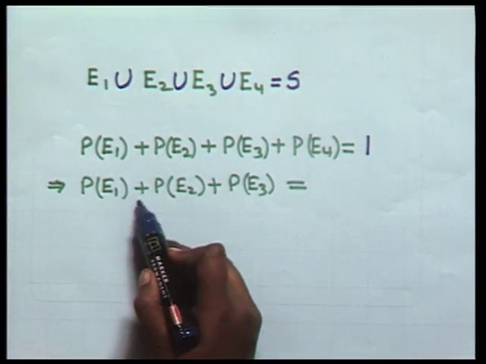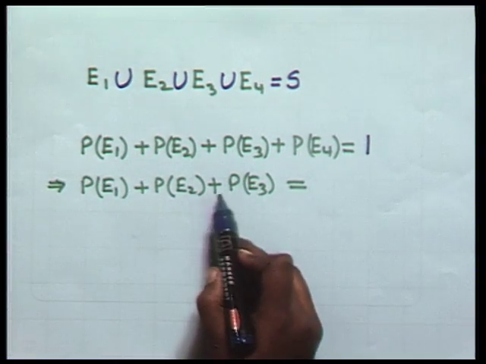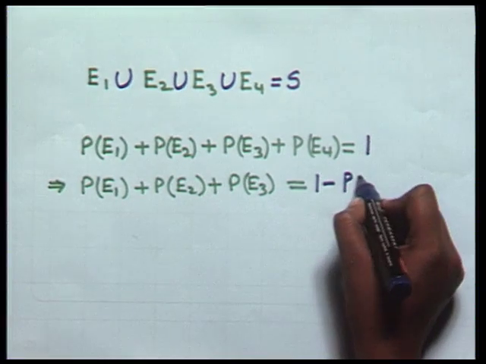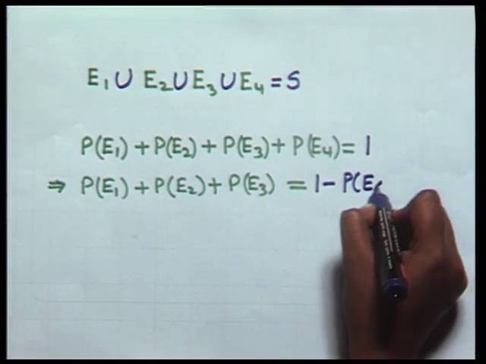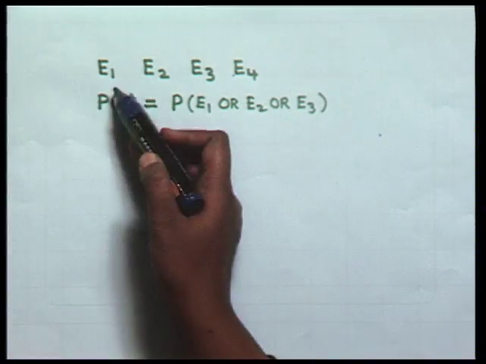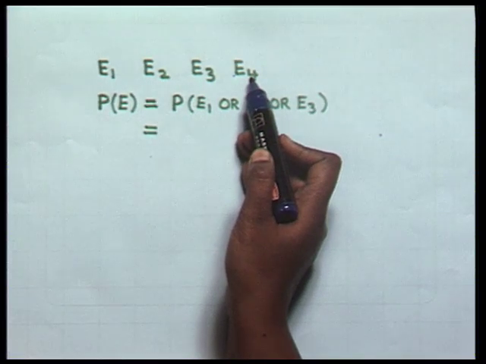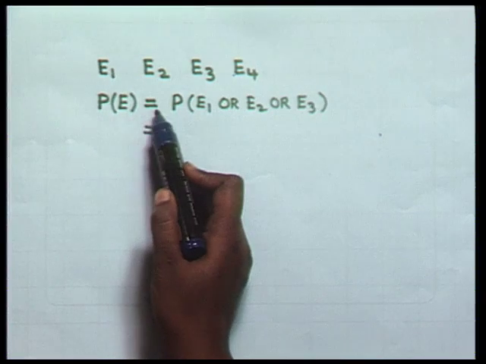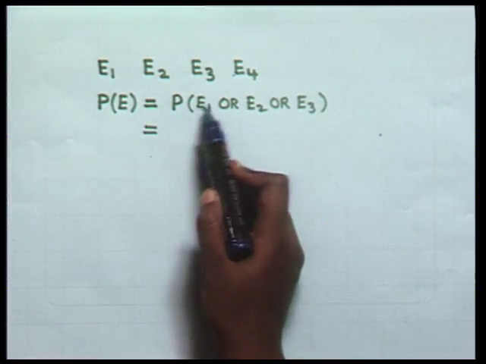That means probability of E1 plus probability of E2 plus probability of E3 will be equal to 1 minus probability of event E4, and therefore E1, E2, E3, E4 being mutually exclusive and exhaustive events, probability of E, as we have already said, it is